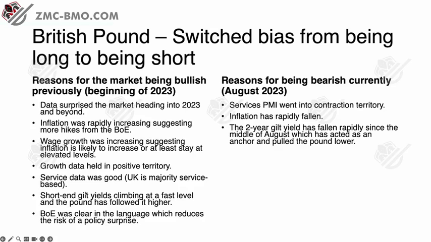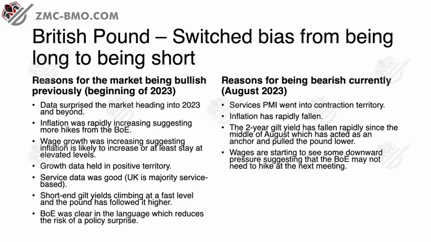Well, if we know the reason the market went long the pound is because yields are climbing, and the relationship was still there based on your spread analysis, which we'll learn in later videos, then clearly how you understand where the pound goes is to watch what the 2-year gilts are doing from a cross-asset correlation. So what drives gilt yields lower, especially the 2-year? Well, data needs to start to turn. That suggests Bank of England is either done or starts cutting. We saw that in terms of the data we've seen since August. Well, that's reasons to now be bearish the pound.